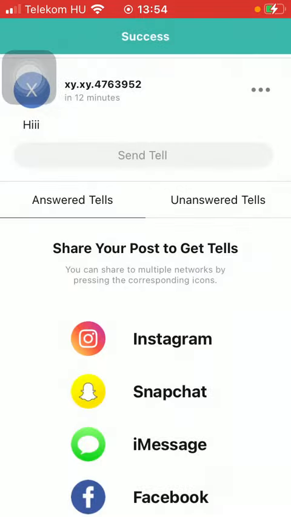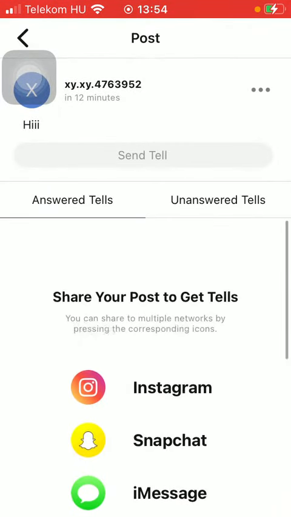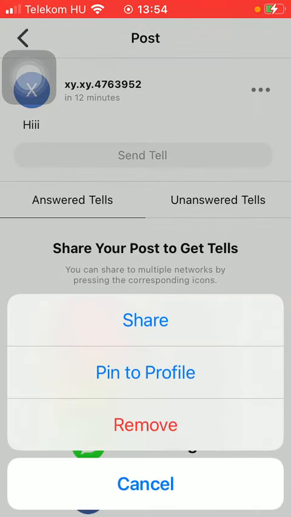So here you can find it. If you tap on the three dots icon next to it, you can share it or pin to your profile or even remove it so that you will get rid of this